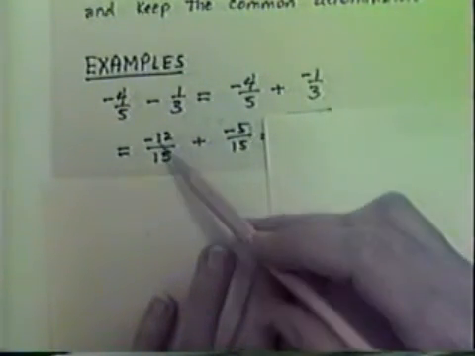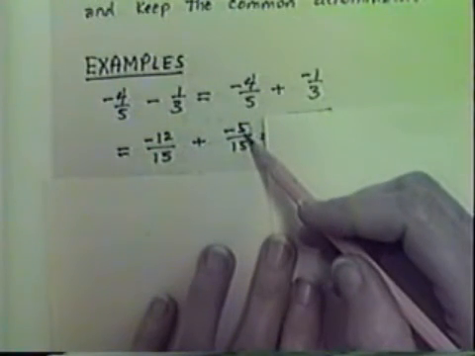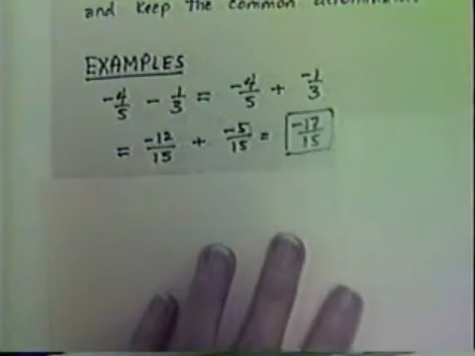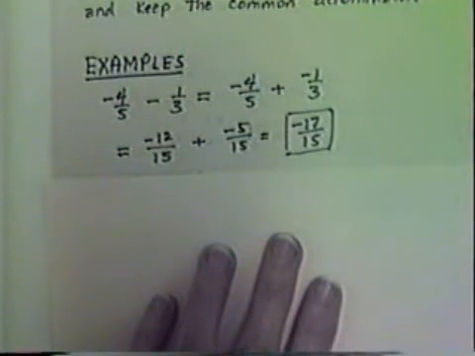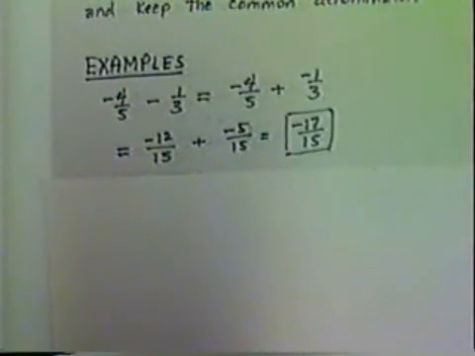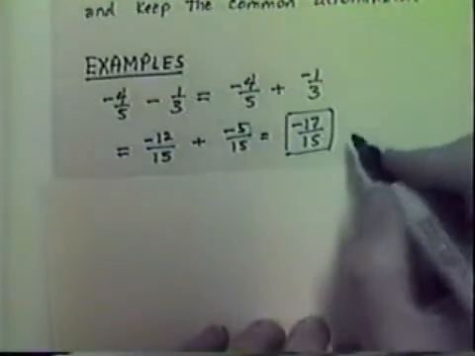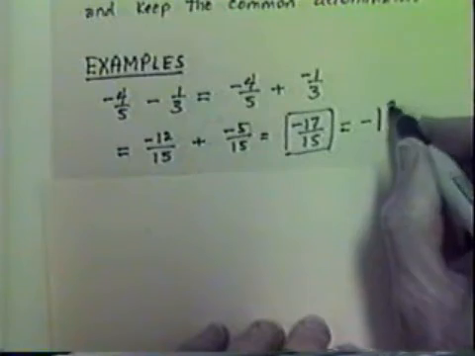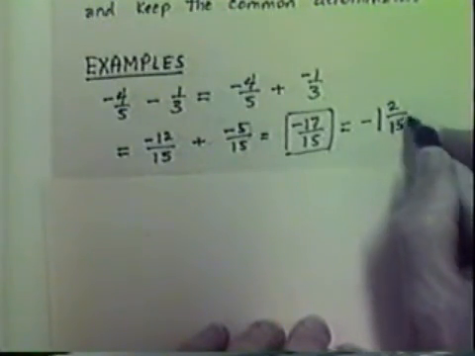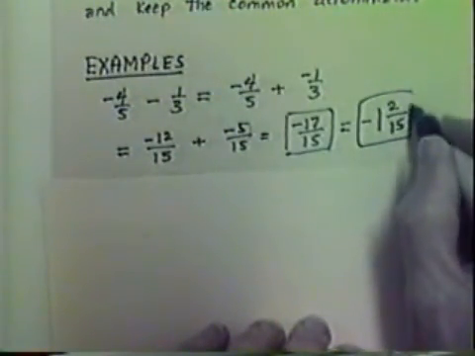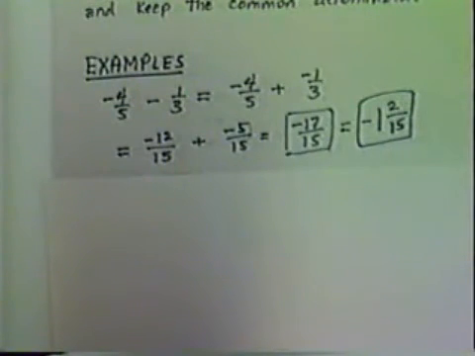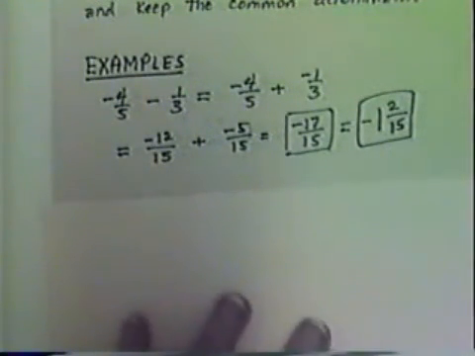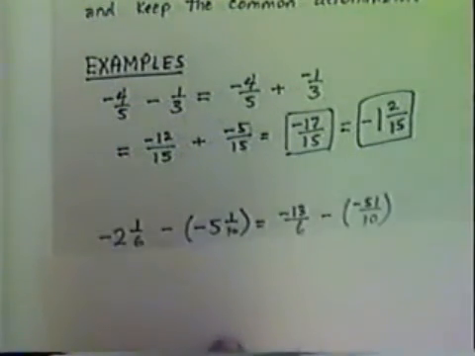Now we're adding. We add -12 and -5 to get -17. -17/15 is the correct answer. For those who prefer mixed number form, we can write this as -1 and 2/15 if you prefer. Next example,